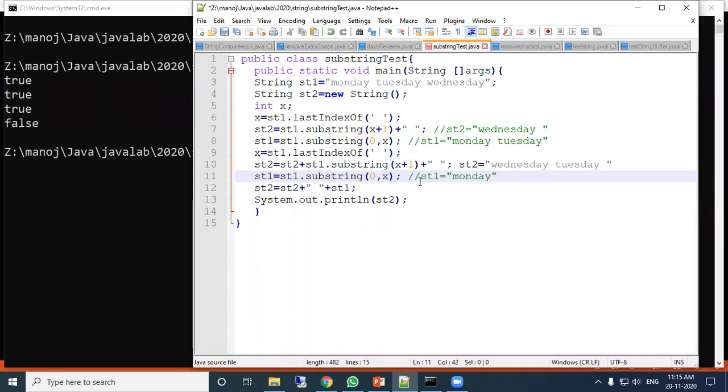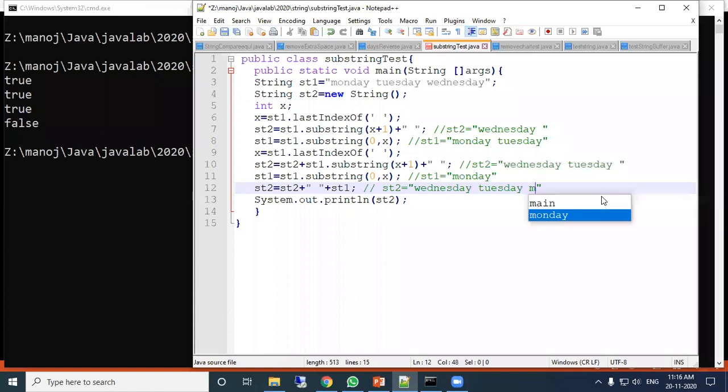This is the data of ST1. Again ST2 equal to ST2 plus ST1. ST2 contains Wednesday, Tuesday with a space, and now ST1 contains Monday, so one space with Monday. This is the output of ST2.